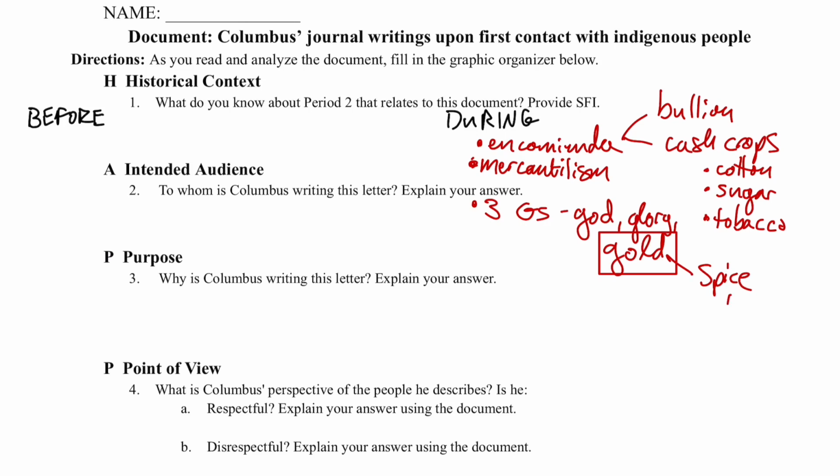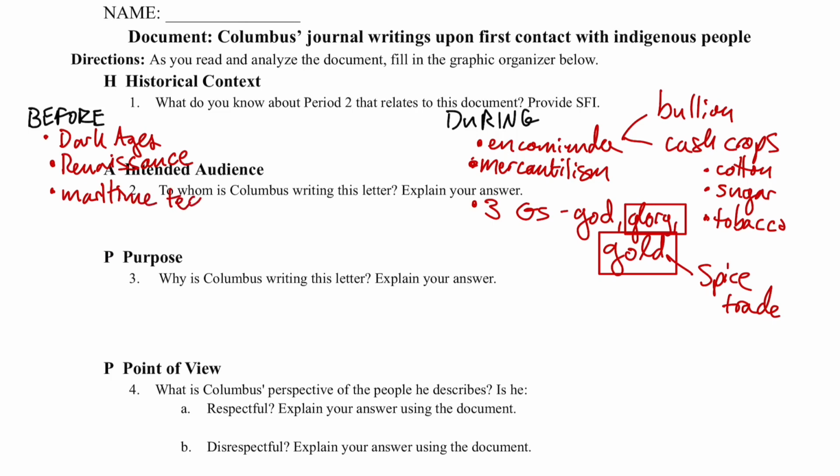And we could also talk about the glory that was gained for Spain as Spain is entering into its golden age. Remember that in period 1, Europe had been in a dark age. Then they enter into the Renaissance and get all this maritime technology from Asia and all of the Greco-Roman antiquity that had been preserved by the Islamic caliphates. Now they want their own golden age, and that's going to lead to them expanding and beginning their